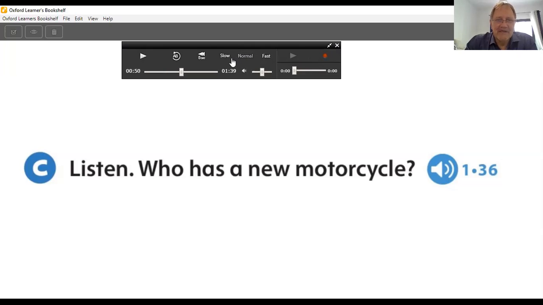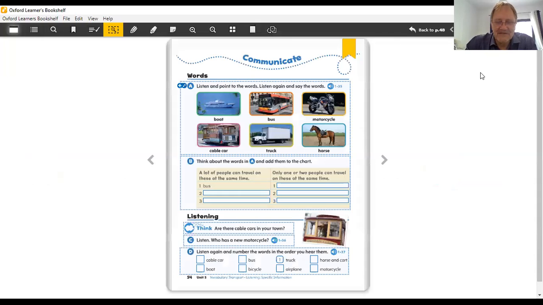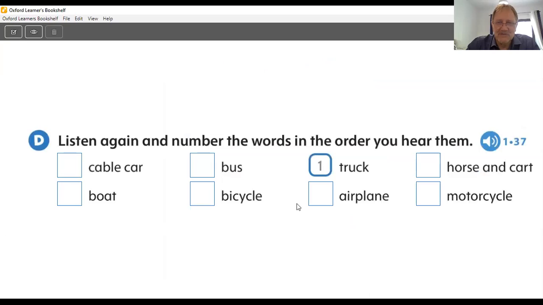So the idea is that, depending on the group we have, we might begin at slow speed. We might then do a second listen at normal speed. And at the very end, we might summarize everything with a fast speed recording, just to give children a little bit of incentive with coping with the nuances of authentic speech. There is an exercise we would definitely do here about ordering the words you hear in context.